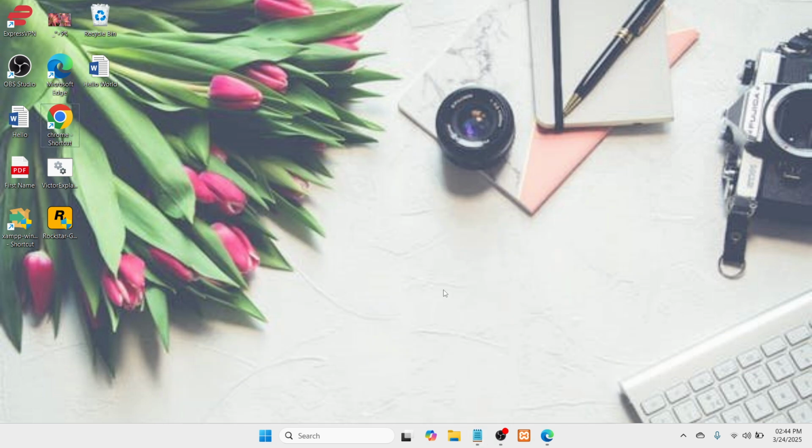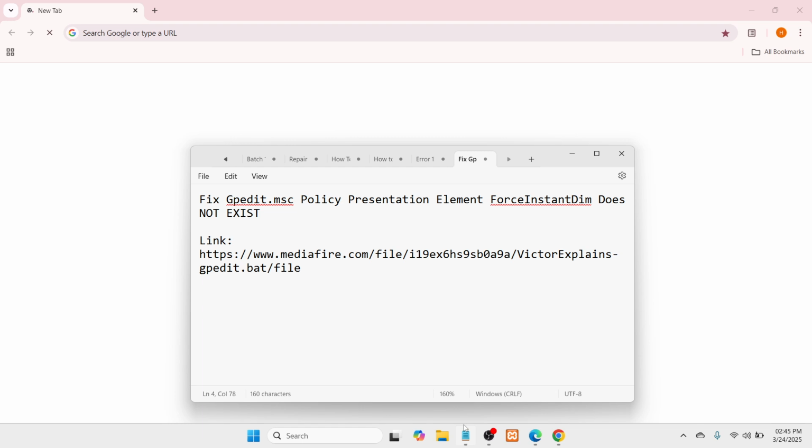The very first step that you need to do is open any of the browsers that is present or available in your Windows or computer. In my case, I'll be using the Google Chrome browser. The moment you have opened it, wait until you are redirected to the browser itself. Here, you need to copy a link which I'll be including in the description box below. So copy it,